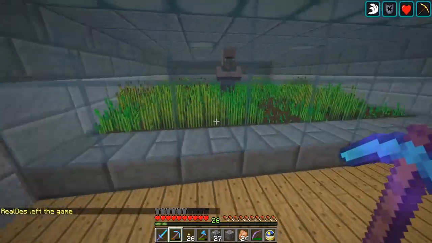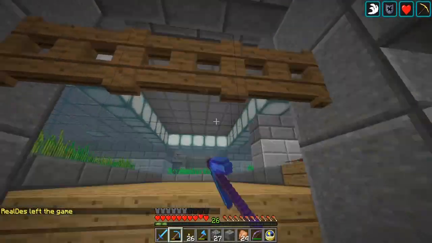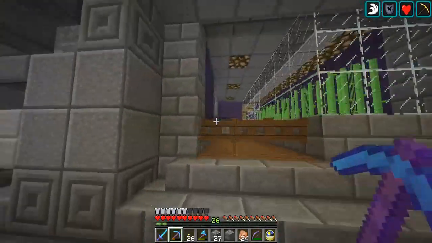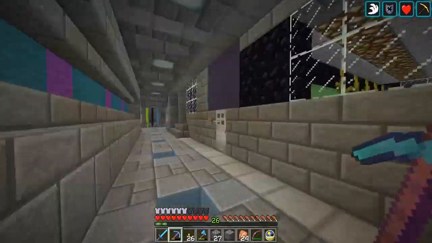I might end up doing that as well, so you basically have one at the end and then one on either side. But yeah, this is all working still. It's working just fine. The rates are actually pretty good. Also down here on sub-level 4, we've got all of these automatic farms for my watermelon and my pumpkins